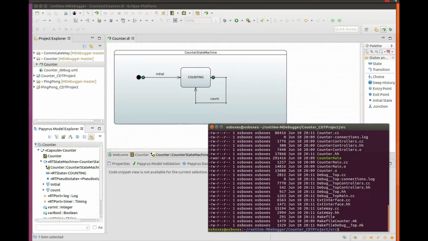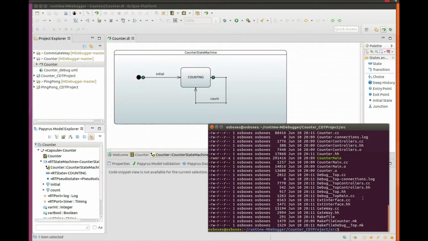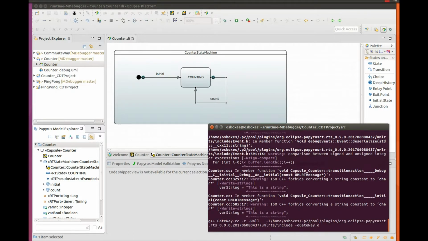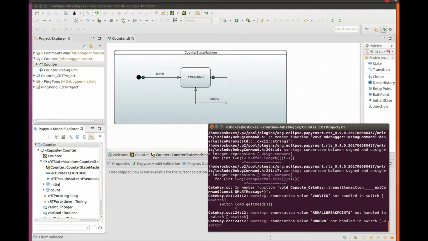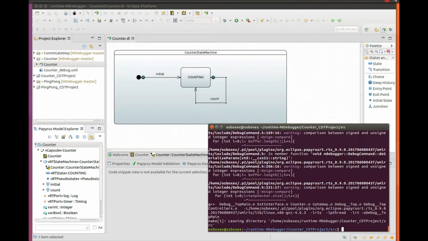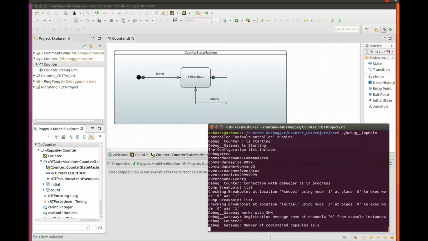If we look at the code, we can see that more artifacts were generated, essentially about debugging. If I compile this application again, I get an application that is self-debuggable. A second program was created called debug_top_main, and I can execute this program in the terminal.